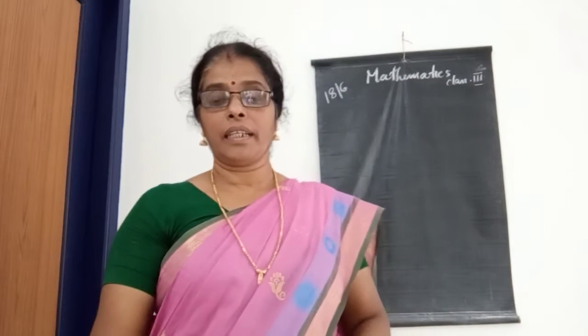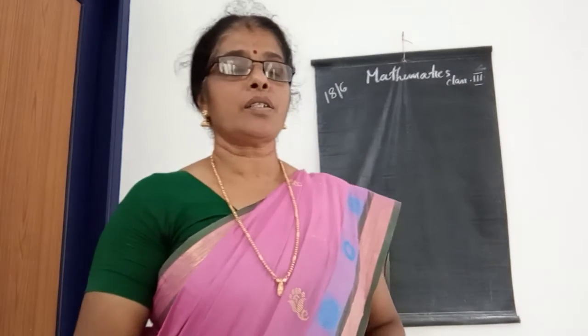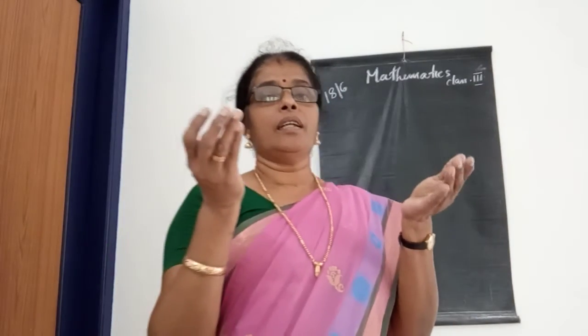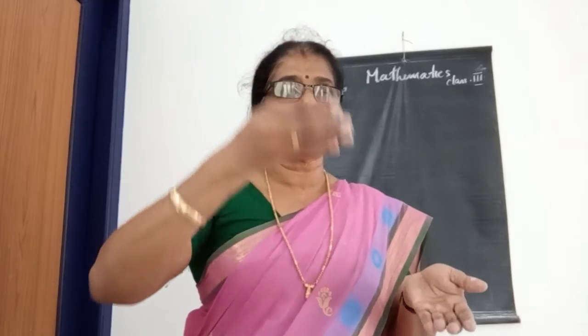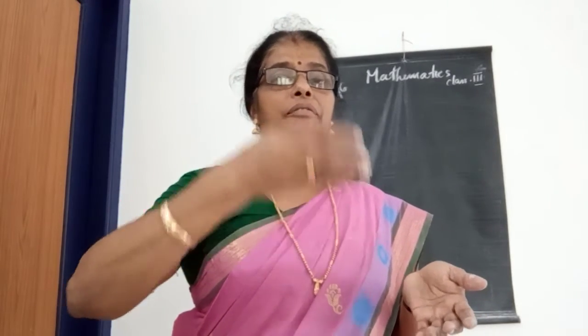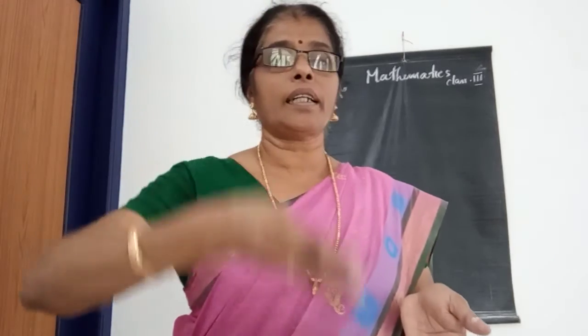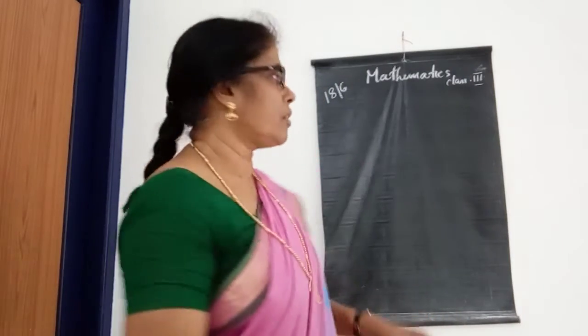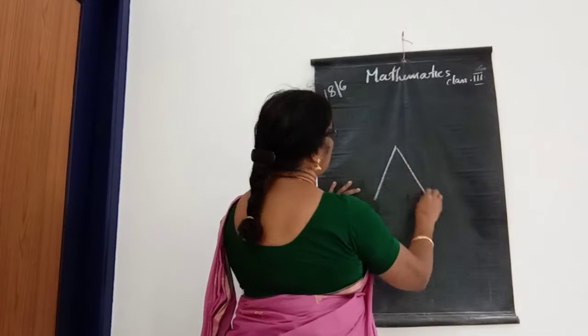Okay. The next one is mirror image, isn't it? Mirror image, that also you already learned. What is mirror image, children? Mirror image means the two sides of an object are equal. If we divide an object by a dotted line, and the two parts, the right and left side of that object, are equal, then we can call it a mirror image.